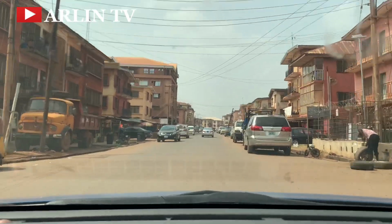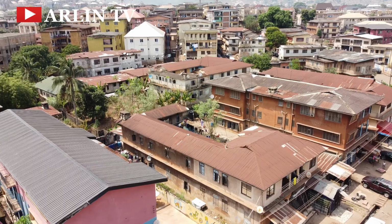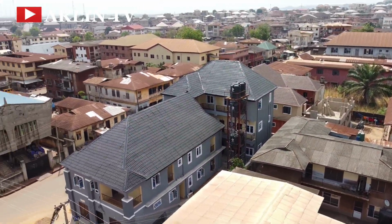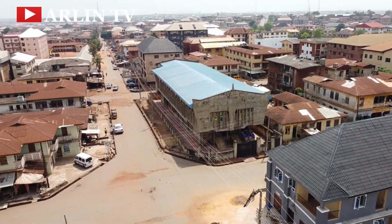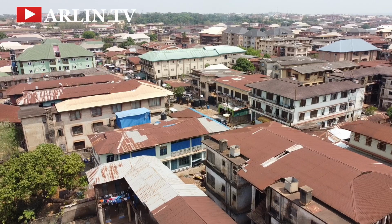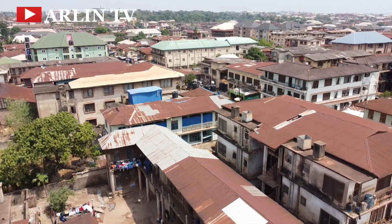In today's video, we're going to be exploring neighborhoods in Enugu State. We are currently at Uwani, so we're going to be exploring Uwani, Achara layout, Agbani Road. We'll just be giving you all the info about that. We'll be telling you about the housing conditions here, cost of rentage, security, all the information you need to know